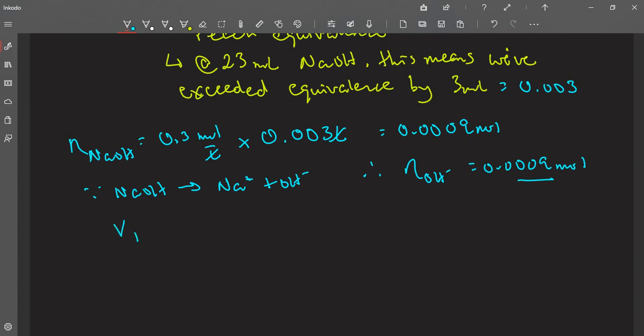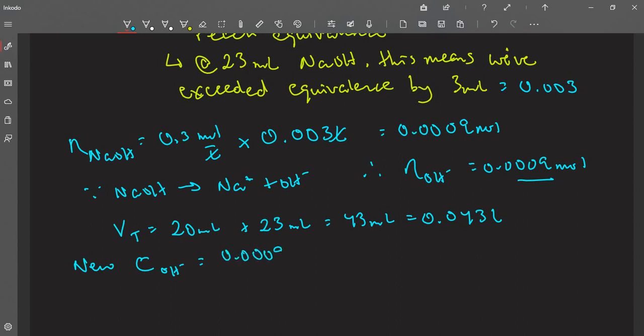We have our total volume is now 20 mils of acid plus the 23 mils of base for a total of 43 milliliters, or we convert that to liters and it's 0.043 liters. Okay, so our new concentration of hydroxide ions is 0.0009 moles, right? Moles divided by volume, divided by 0.043, and we get